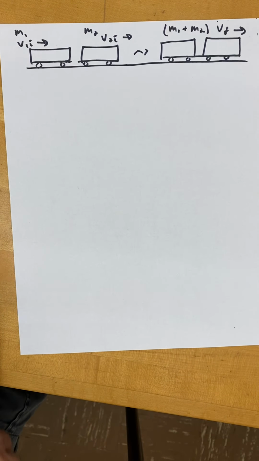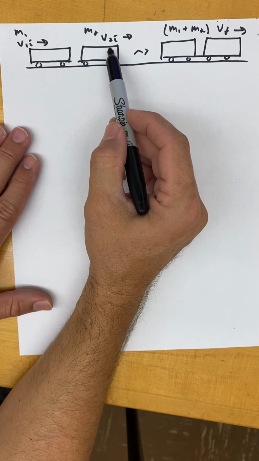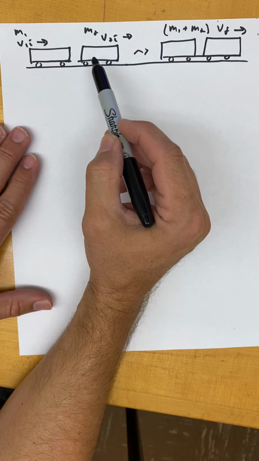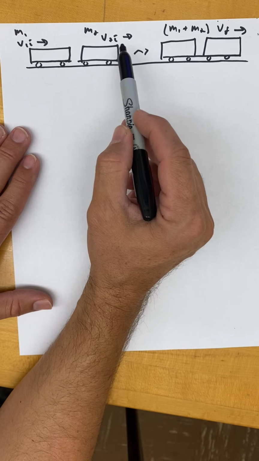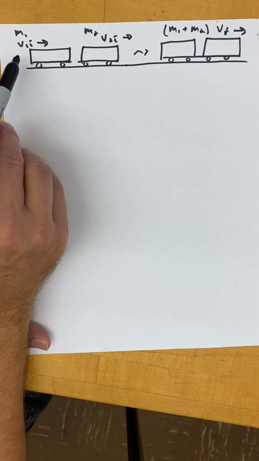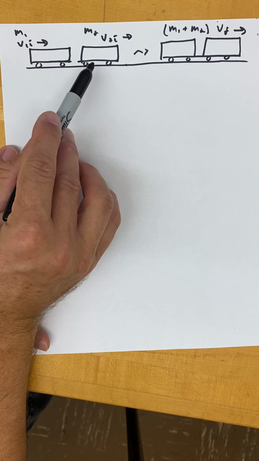This is the second in a series of collision example videos. This is like the video we did previously, only in the previous video, mass 2, which is this train car, was not moving. In this case, I've allowed it to have a velocity that's to the right. So I have mass 1, this train car with a velocity to the right, v1 initial,